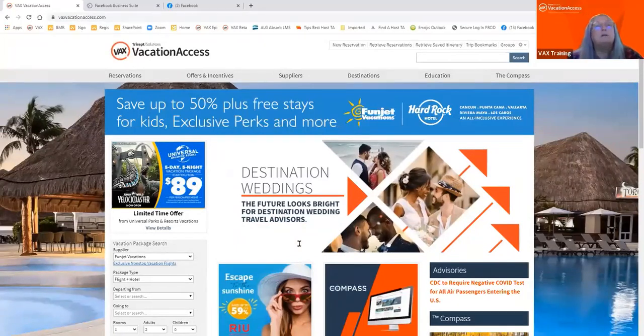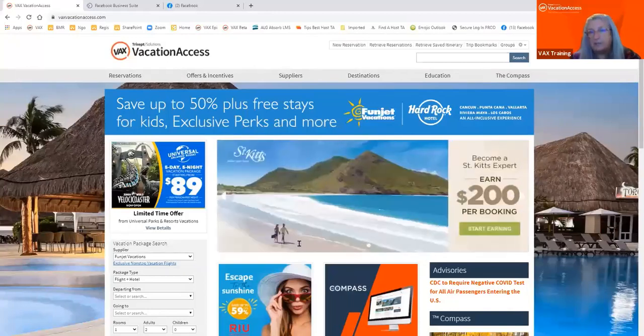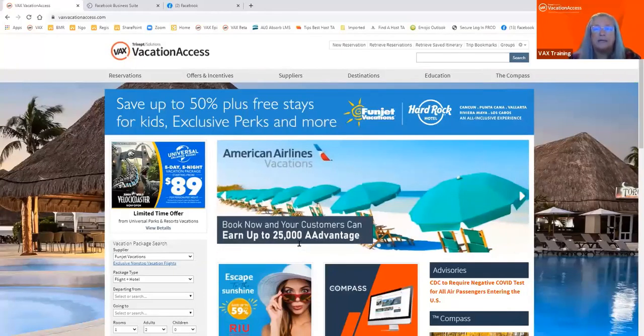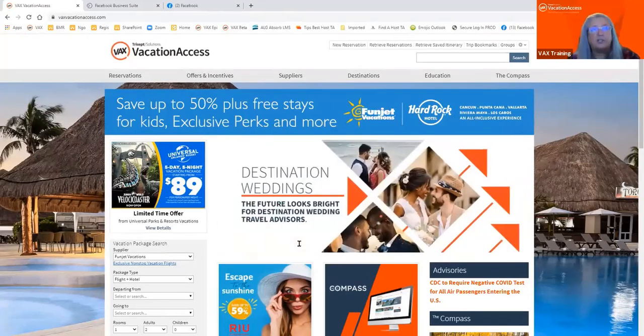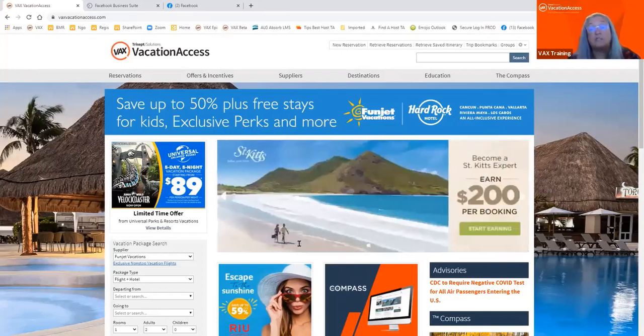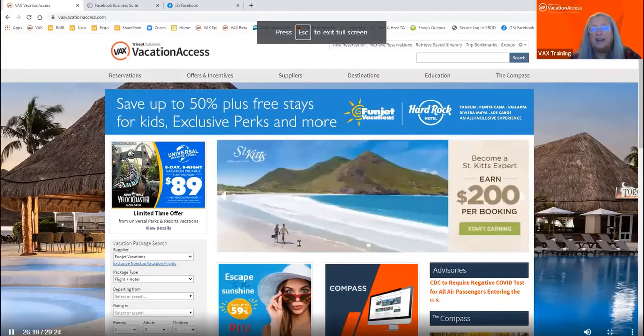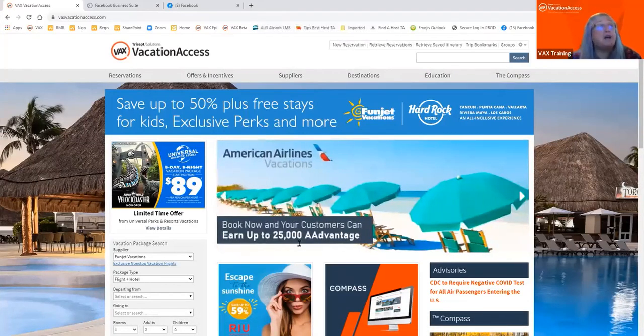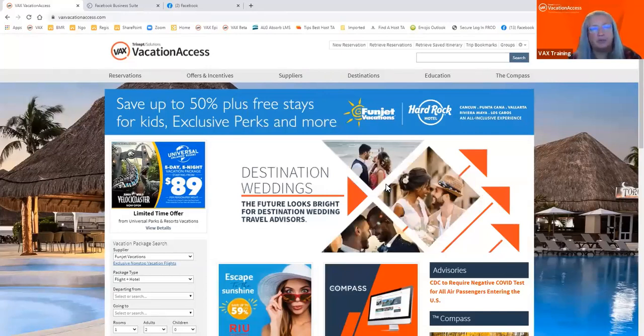In your itinerary or confirmation emails as you're sending them out, it didn't used to be there, and it's really a nice feature for your clients to be able to click on it and see all of the images, all of the information, again with the features, all of that really pertinent information that they need to know. So those are the most impactful options that I wanted to share with you.